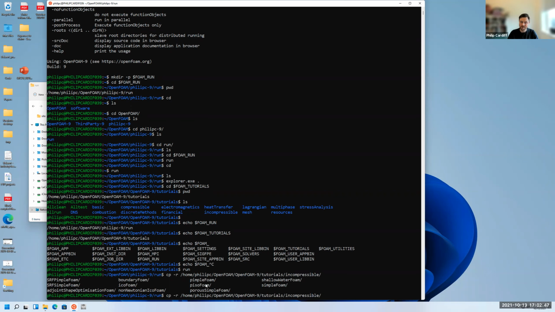And the way the naming convention is adopted is if it ends in the word foam, it means it's a solver. It means it solves some governing equations for partial differential equations. So to begin with, we're going to use icoFoam, which is an incompressible laminar transient fluid solver. So type ico, tab,